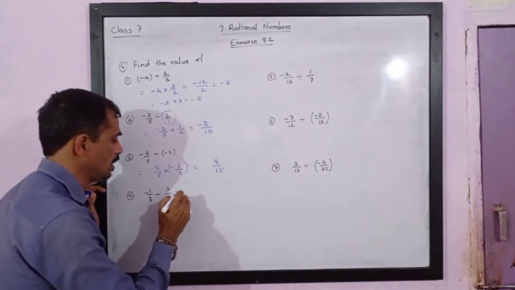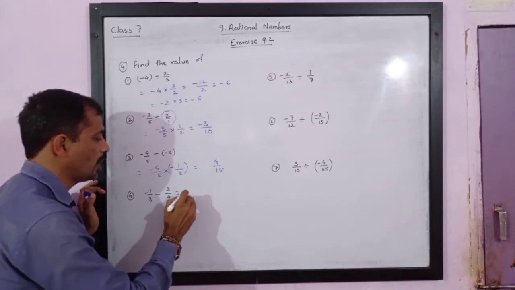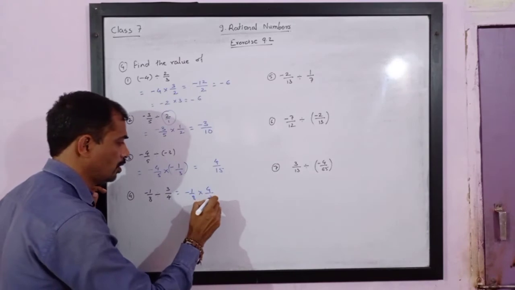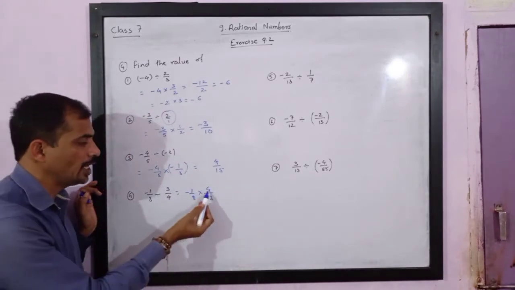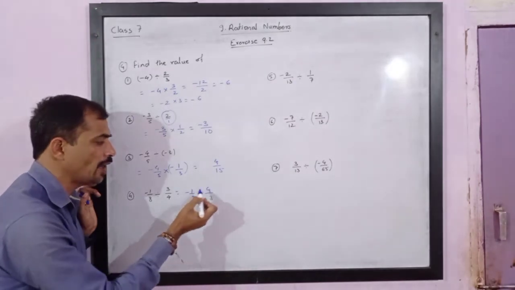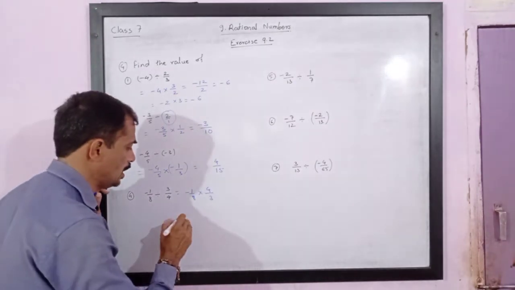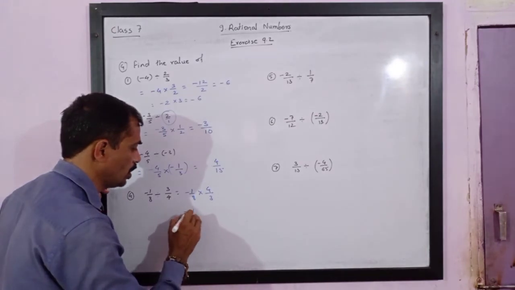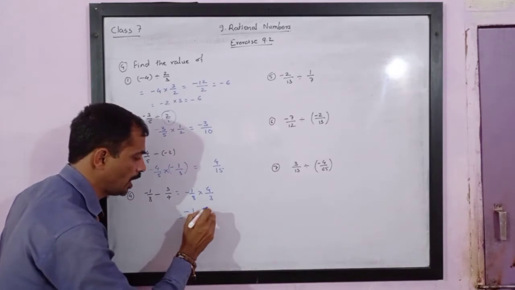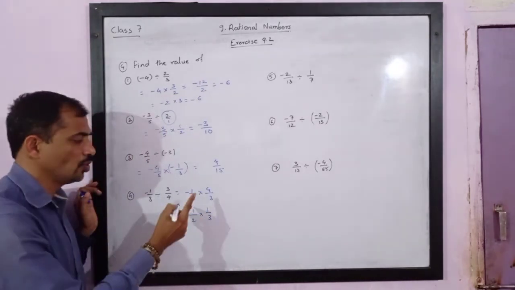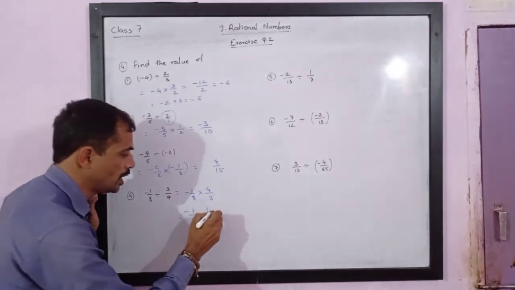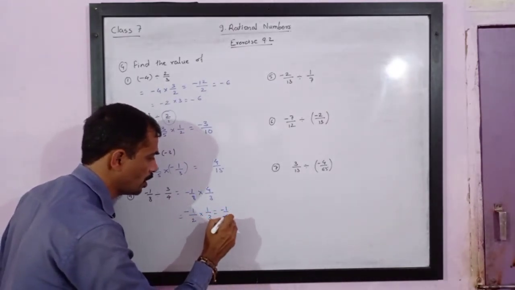Then next question is negative 1 upon 8 multiplied by 4 upon 3. Please note, numerator and denominator are reducible. So if numerator and denominator both are divided by 4, we will get this as 1 upon 2, because 8 is divided by 4 and 4 is also divided by 4. So we will get 1 upon 3. Please note, I have reduced the numerator and denominator by dividing by the same number. So this is equal to minus 1 upon 6.